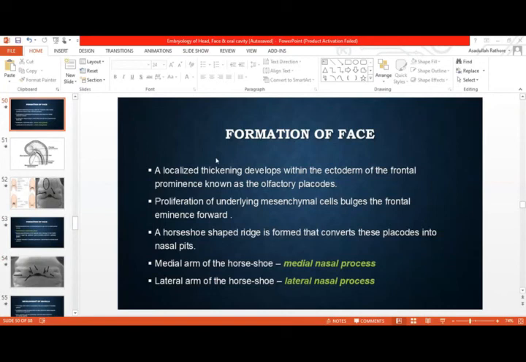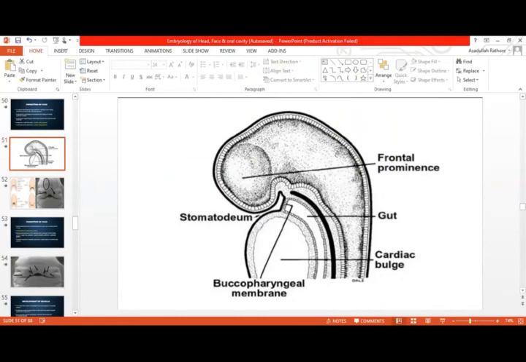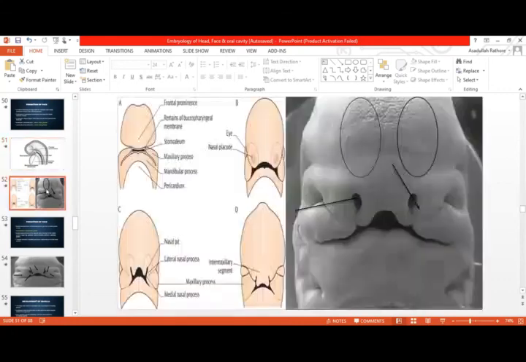So regarding the development of face, what you need to remember is, मैं आपको पिक्चर्स के ऊपर ज़्यादा से ज़्यादा समझाता हूँ, ठीक है। सो ये वाला स्ट्रक्चर हमने पढ़ा था, ठीक है। वंस द एम्ब्रियो इज गोइंग टू फोल्ड, ठीक है, उसमें क्या होता है कि स्टिल द एक्टोडर्म इज कवरिंग द फ्रंटल प्रोमिनेंसी, ठीक है। लेकिन फ्रंटल प्रोमिनेंसी या जहाँ पे आपके हेड का रीजन डेवलप होता है, इसमें आपको पता है कि यहाँ पे न्यूरल क्रस्ट सेल्स होते हैं, ठीक है, दैट ट्रांसफॉर्म इनटू द मेसेनकाइमल सेल्स, ठीक है। सो जिस तरह से फैरिंजियल आर्चेस के साथ साथ डेवलपमेंट हो रही होती है, उसी तरह से ये जो हेड रीजन है उसके भी जो मेसेनकाइमल सेल्स होते हैं वो ट्रांसफॉर्म करते हैं इनटू डिफरेंट स्ट्रक्चर्स, ठीक है।